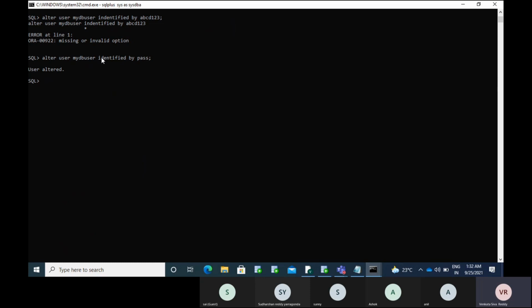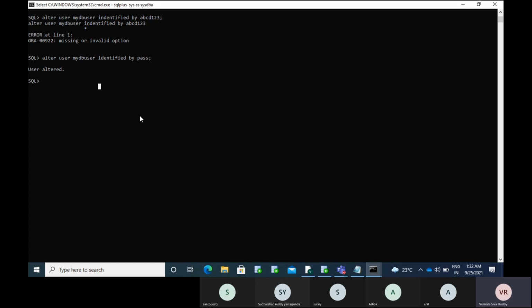So: alter user username identified by password. Now I'm resetting my password. Earlier I didn't know what the password was, so I was unable to connect. Now I am able to reset the password using alter user username identified by the new password.